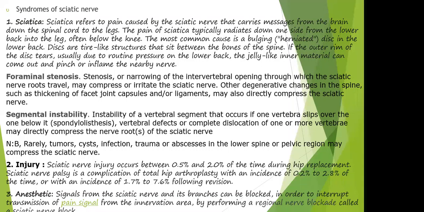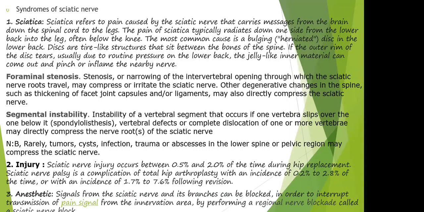the branches, because the nerve branches from the third lumbar region to the fifth lumbar region. All the nerves there come together to form the sciatic nerve. So if anything happens to that region also, it can affect the sciatic nerve itself, and it can cause sciatica. The second one, okay, we have a note here. It says rarely tumor, cyst, infection, trauma, or abscess in the lower spine or pelvic region may compress the sciatic